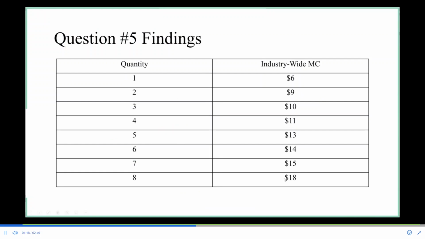Now this is because production is being maximized through the efforts of both independent companies collaborating to minimize costs and maximize profits. So we can see that $6, of course, is produced by firm 1 because it is cheaper, and it makes more sense for firm 1 to produce, because it would be impossible for firm 2 to produce one unit at $6 effectively. We can then see that firm number 2 will produce an additional unit because it is cheaper for them to produce an additional unit than it is for